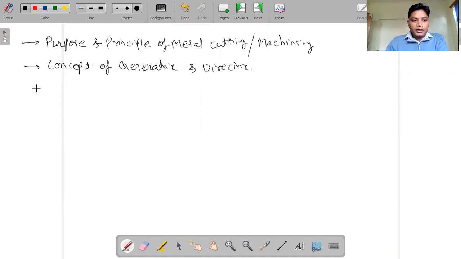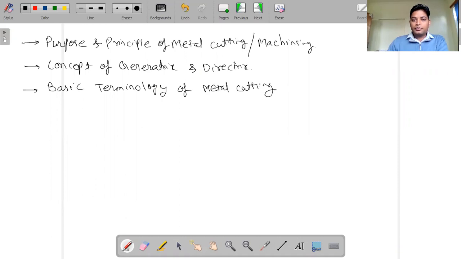Then we'll discuss the basic terminology of metal cutting, that is, what elements we have in metal cutting operations. Then we will discuss the relationships.